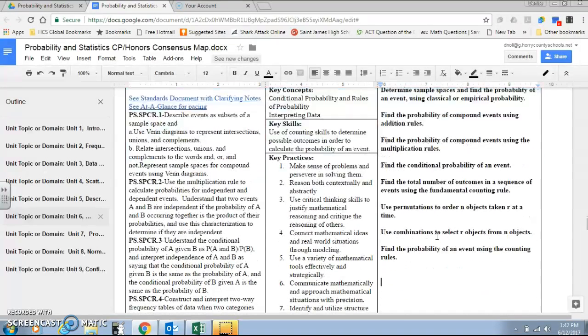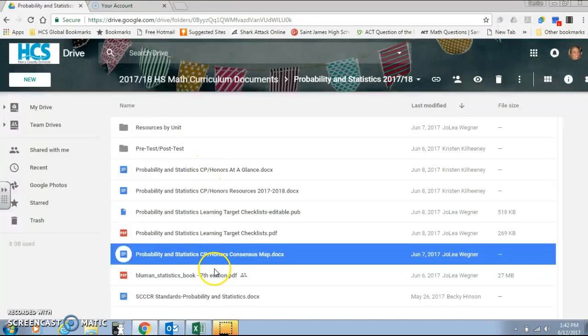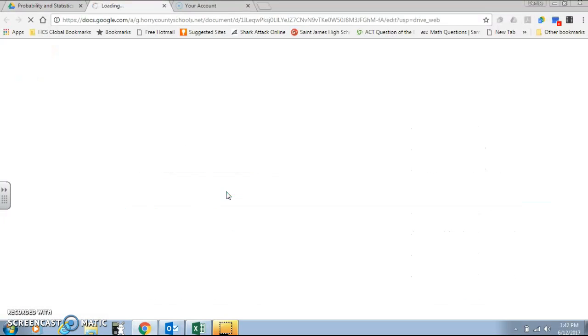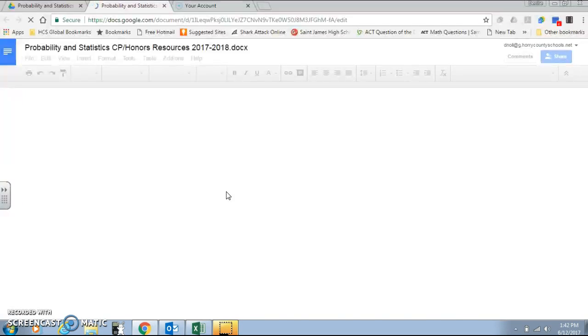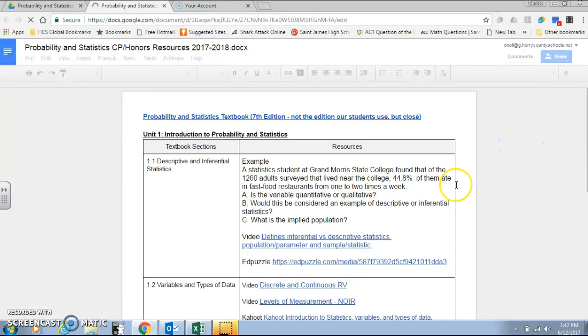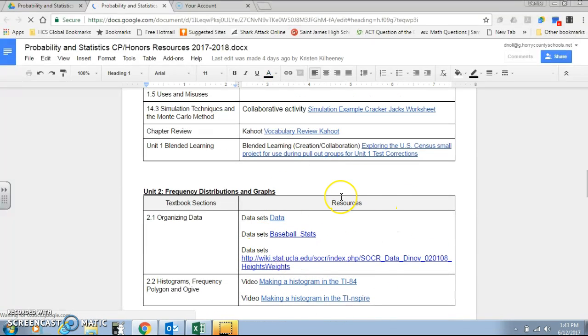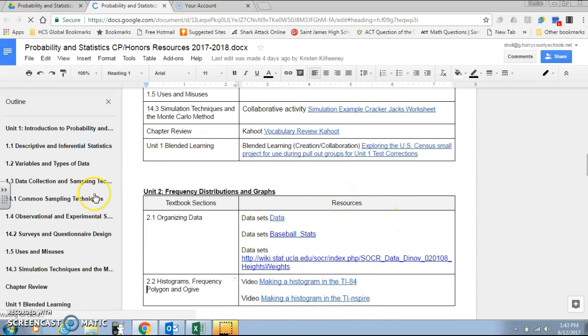But as far as resources, we've taken the resources out of the consensus map and put them into a resource document. So right here, probability statistics resources. All of these resources are either online, like you see videos, Edpuzzles, Kahoots. Any online resources are found in this resource document. Other resources,